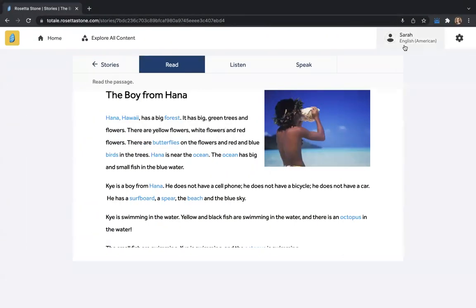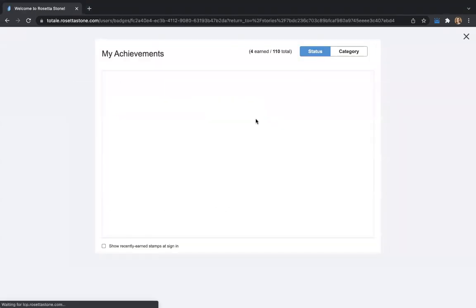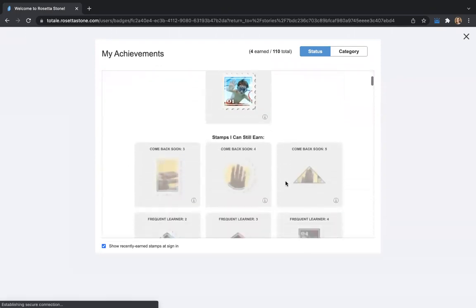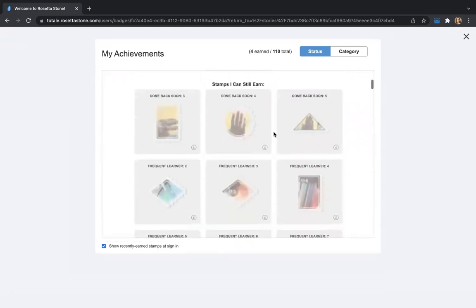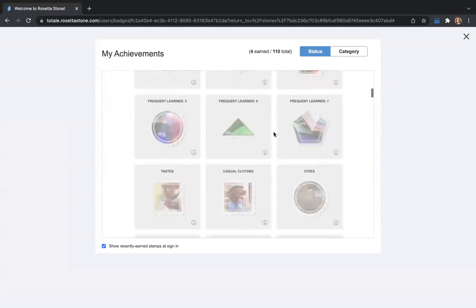So if I click on my name again up here in the right and click my achievements, I'm brought to all of the stamps that I've collected in this language. Stamps can be earned for a number of different benchmarks. They could be things like being a frequent user, using Rosetta Stone for a consecutive number of days, or for